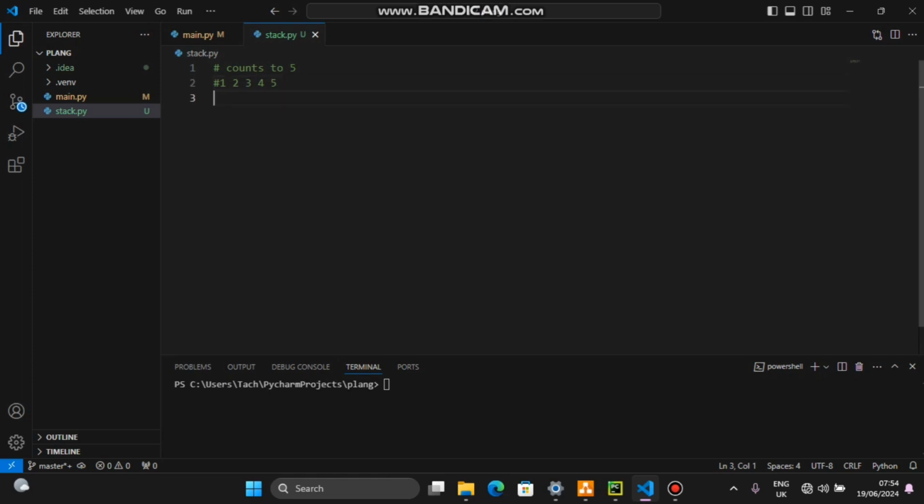So for me to achieve this task, normally I would just create a function. Let's call it count2num and use a for loop: for i in range from 1, because I want it to start from 1, to num. I have to first pass in the number,